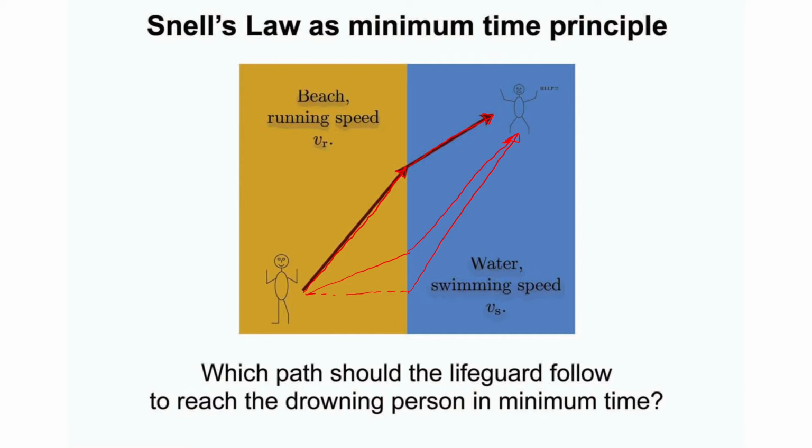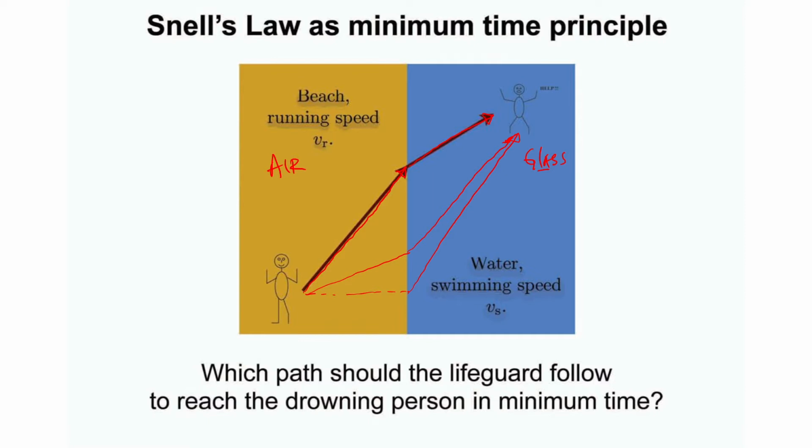But the same thing for light. Light can travel faster in air. For example, if this is air and this is glass or even water, light can travel faster in air than in glass. So to go from one point to another point, light is basically using the same principle as what we have discussed here. It is running as far as it can